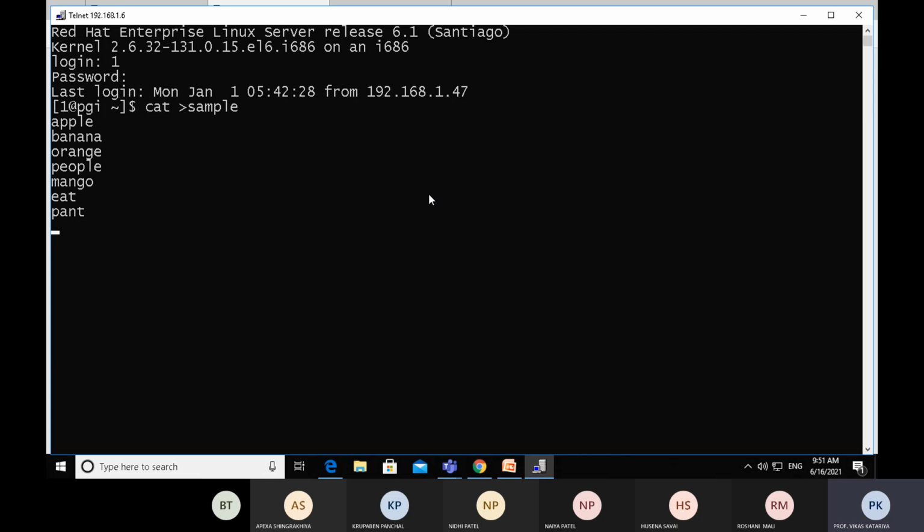Now enter, and the cursor will be on a new line. Now save with control plus D. So our file is saved successfully: sample.